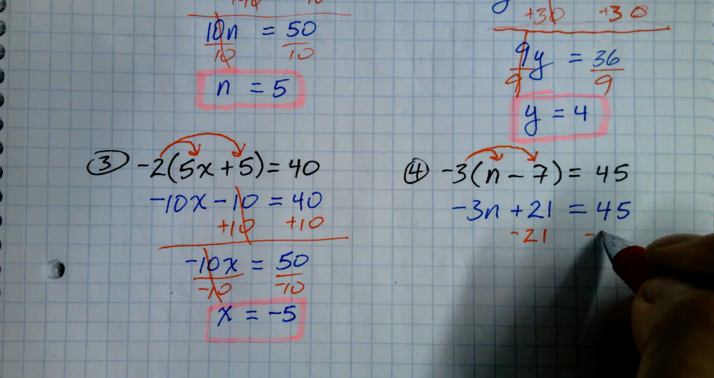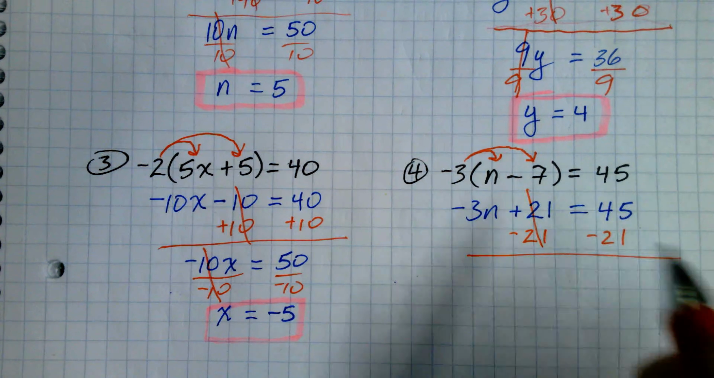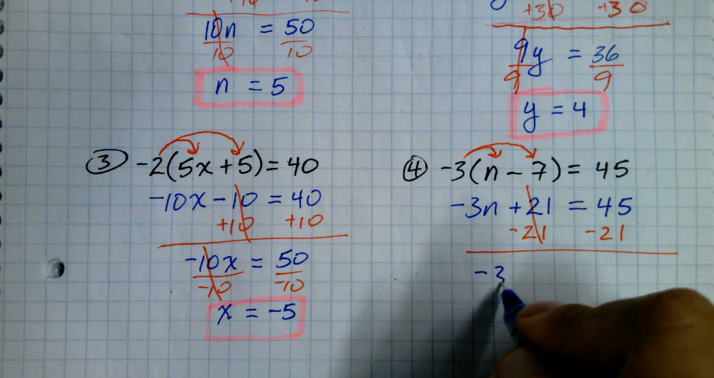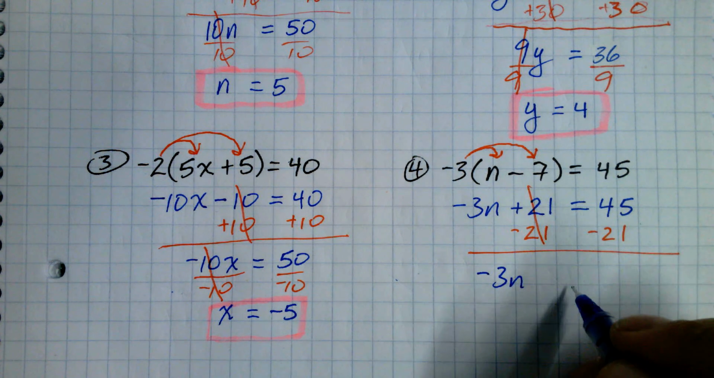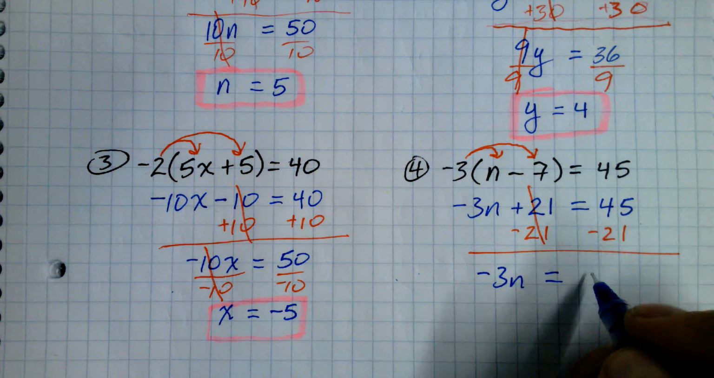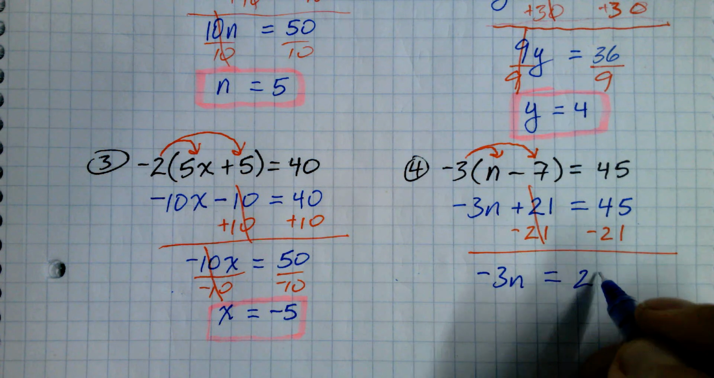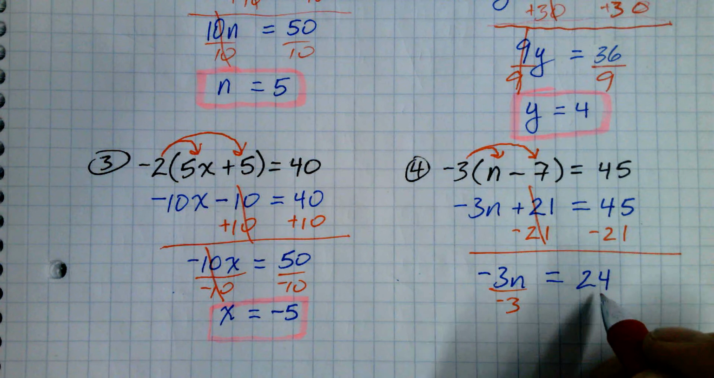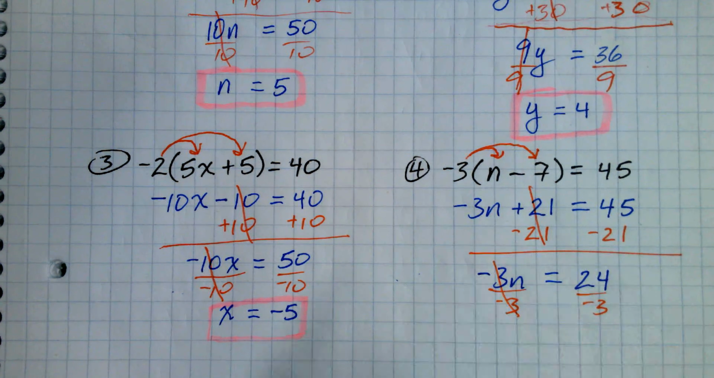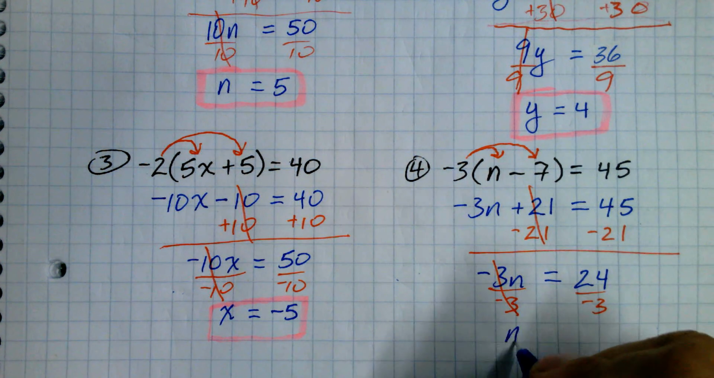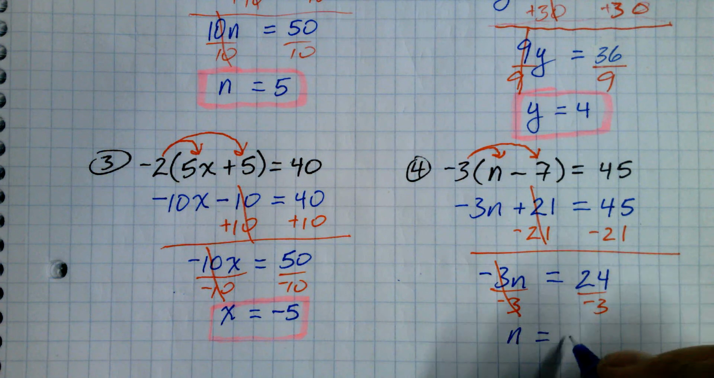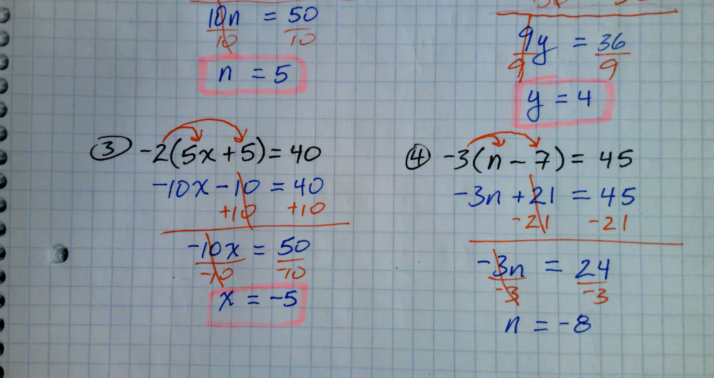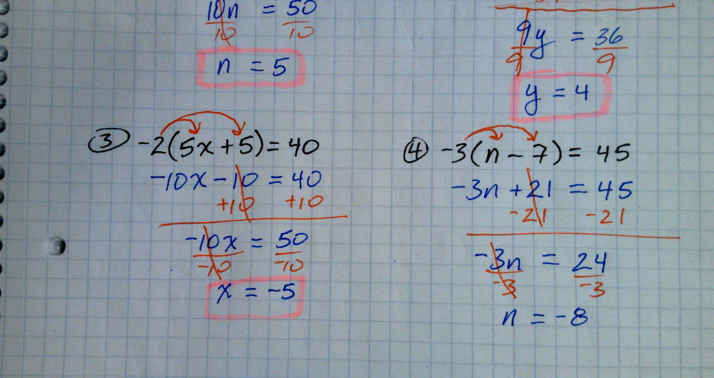Minus 21. Okay. And let's see what that gives us. Negative 3n equals 45 minus 21 is 24. And let's divide out the negative 3. Okay. n equals negative 8. 24 divided by negative 3 is negative 8. All right, so